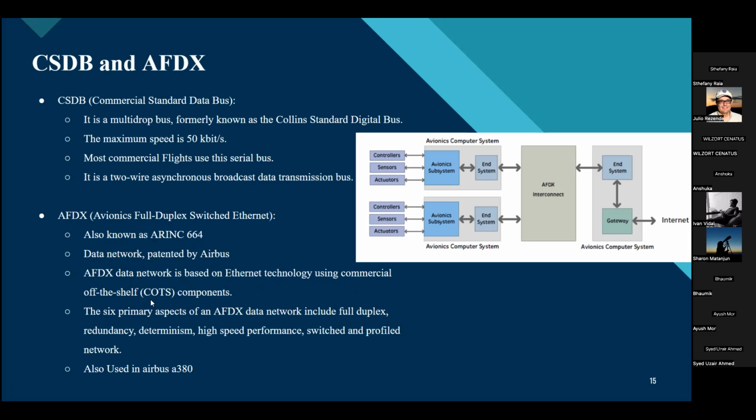So commercial off-the-shelf components are basically components which are specifically made for the company, and not sold separately in the market. The 6 primary aspects of an AFDX data network include full duplex, redundancy, determinism, high-speed performance, switched and profile network. So yeah, and it's also used in the A380 since it's an Airbus